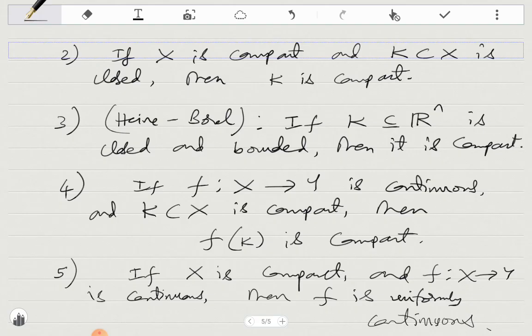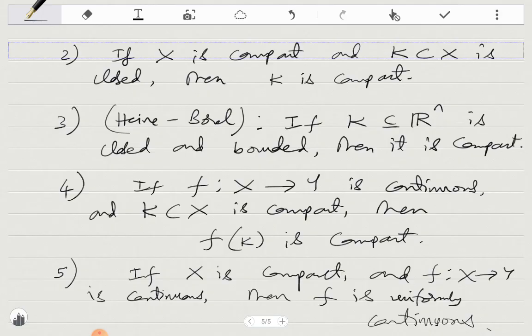So at least this gives one setting. This combined with the Heine-Borel theorem will enable us to conclude that lots of continuous functions are uniformly continuous. For example, the Heine-Borel theorem, one immediate consequence is that